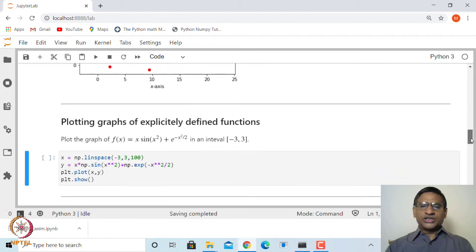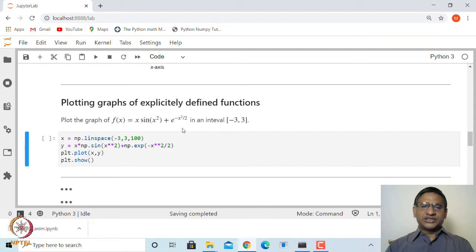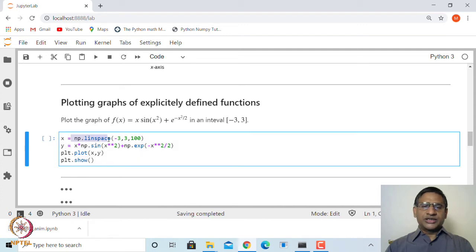First of all, we need to generate the set of points from -3 to 3. That we can do using linspace from the NumPy library that we have seen already. So, from -3 to 3, let us generate 100 points. Let me make it more points. Suppose we want 300 points, or let me make it 301. That means it will divide this entire interval from -3 to 3 into 300 equal sub intervals. Therefore, there will be 301 points between -3 and 3, both included.